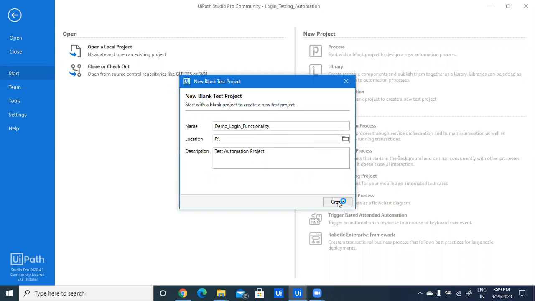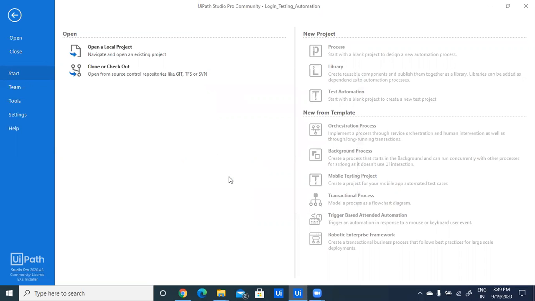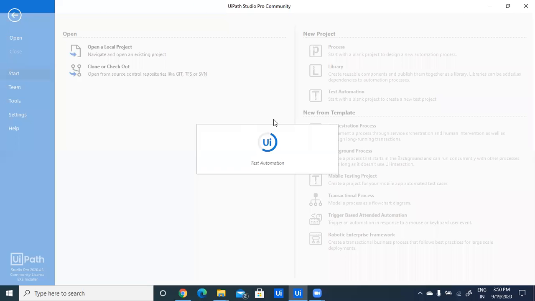Then click on create. It will take some time to load because in the backend it is restoring all the dependencies and adding packages. It is creating workspace and adding packages.